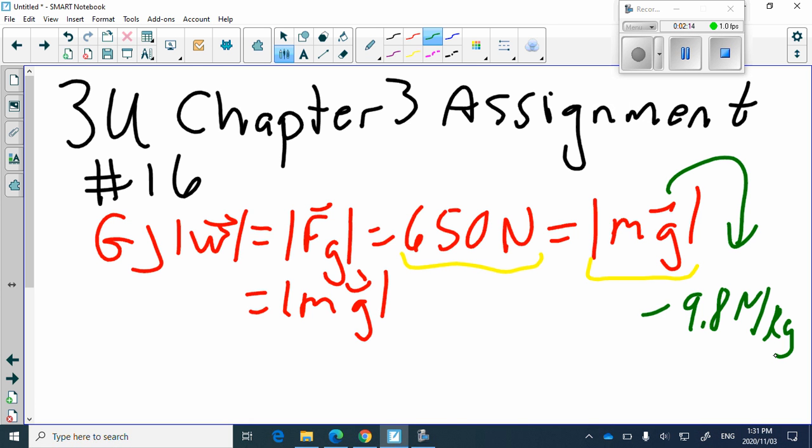So really, by telling you that you had a 650 Newton student, they're telling you, we want you to use this information to calculate the mass. They could have been nice and said, here's the mass of the student, but they weren't. They were nasty. They said, let's see if you know what this means. So have I even started answering the question yet? No. Haven't even started yet, and they gave you an extra step. So you use that to find the mass. Then